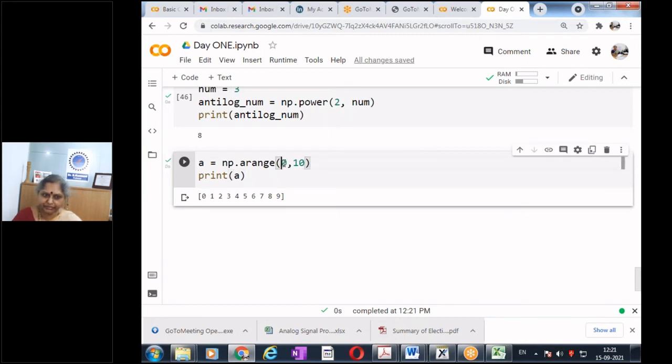Or let us say np.arange(-5, 6). Can someone explain this command?